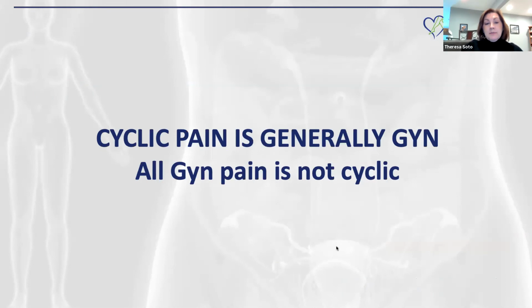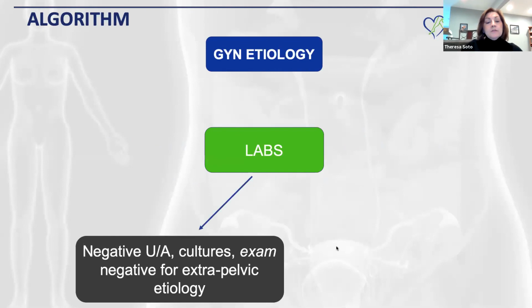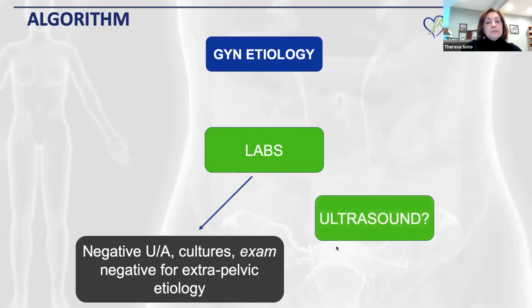Cyclic versus non-cyclic pain, just because it's not cyclic doesn't mean that it can't be GYN related, but we usually have a chronic baseline pain with cyclic exacerbations in a lot of these things. So we do all of our labs. We're going to call it a GYN etiology because we can't really find an extra pelvic source at this point. Do you do an ultrasound just to kind of look around and see what there is to see? And for the most part, yes, you do, because